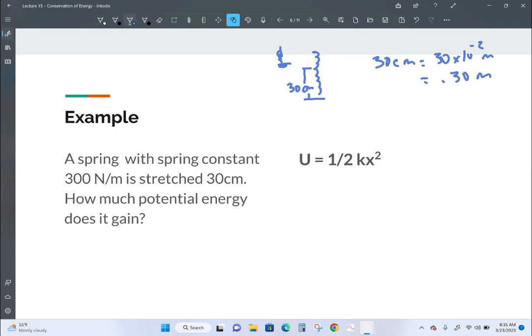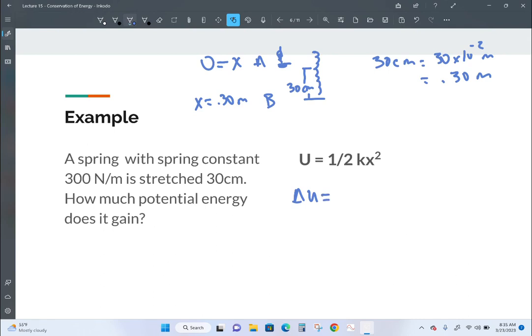So we're going to plug that in for X. Now, when it was at point A, X was 0. When it's stretched out to point B, X is 0.30 meters. So if we want to find how much potential energy it gains, we're really finding the change in potential energy as it goes from A to B,